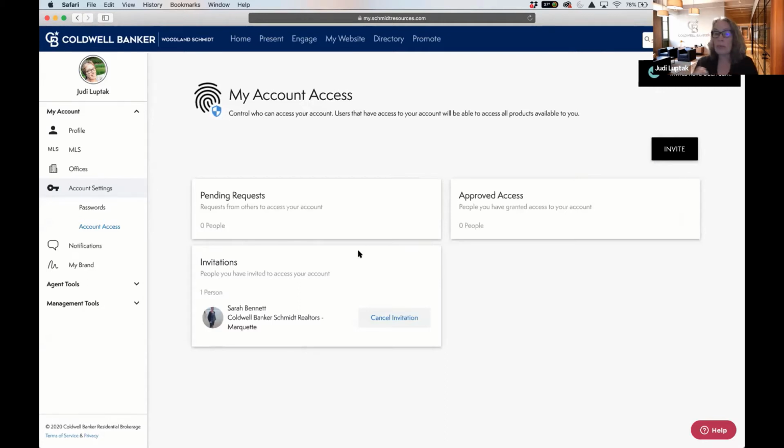And then when I'm done, say I didn't want her to have access anymore, you can go back into account access and remove them from access. The other nice thing about Moxi as opposed to Zap is even if you do this, even if you allow someone access to your account to help you out,